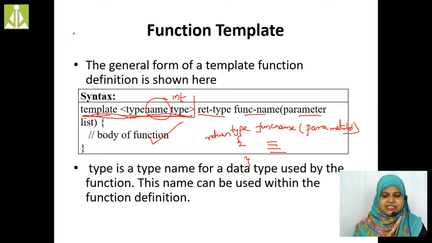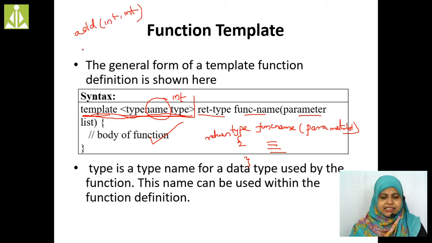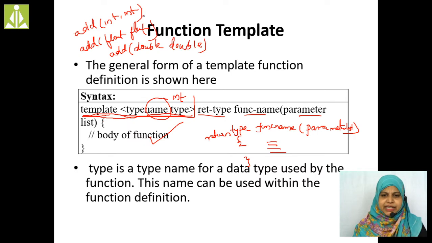See here, in the previous example I told you, add int comma int is there, one function add float comma float is there, add double comma double is there. For every single add program we write the code separately in general. But in this case, by using templates, we just have to pass T here.